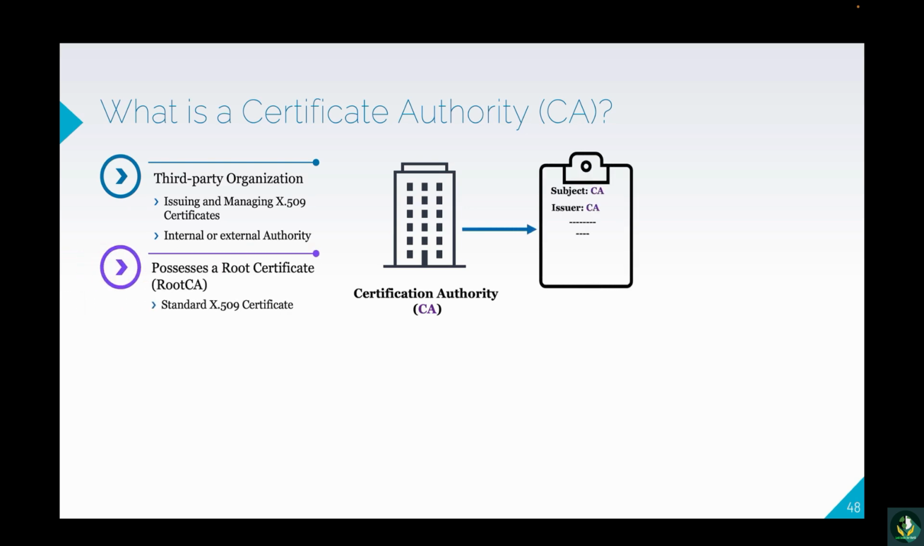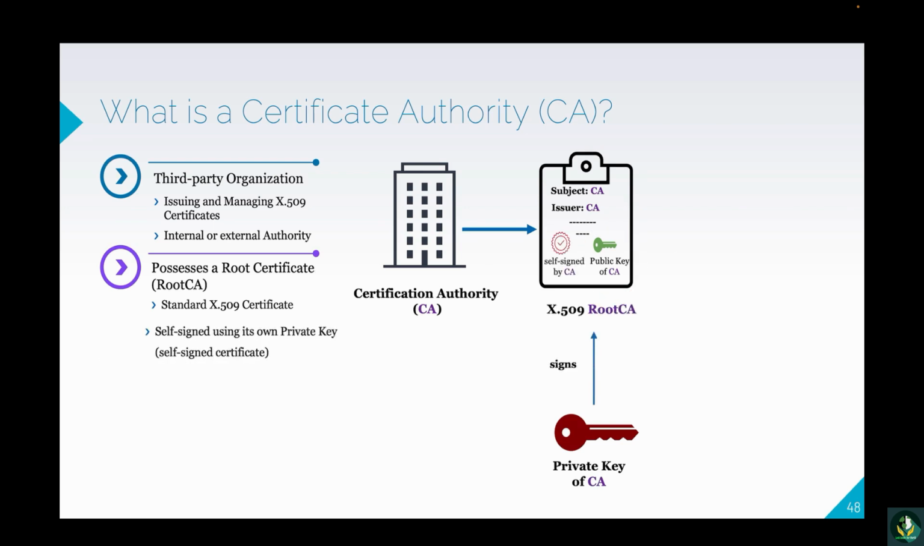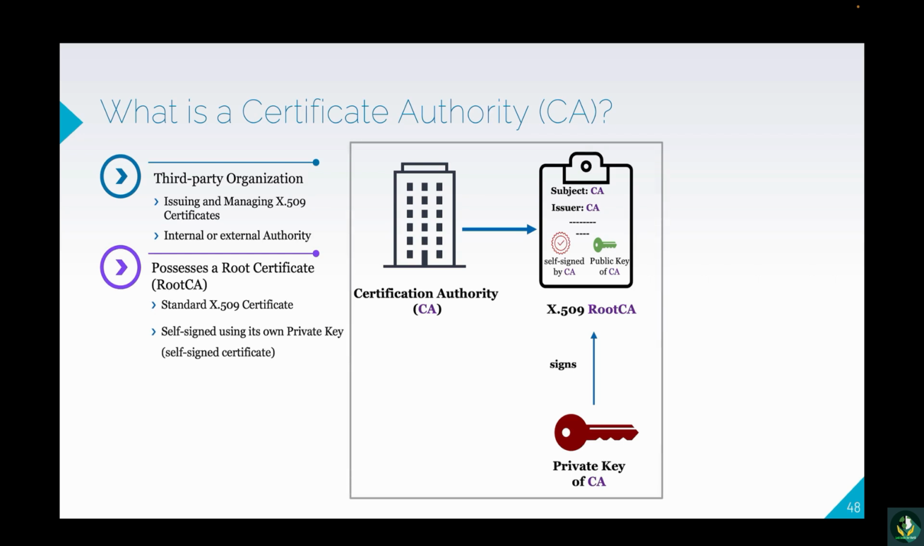The certificate authority operates by creating an X509 certificate for itself, with a key pair consisting of a private key and a public key. The private key is kept secure by the certificate authority, while the public key is included in the certificate. This initial certificate is self-signed and acts as the starting point in the trust hierarchy. It's known as the root certificate authority, root CA. Using the root CA, the certificate authority can issue, sign, and manage certificates for various purposes, such as client or